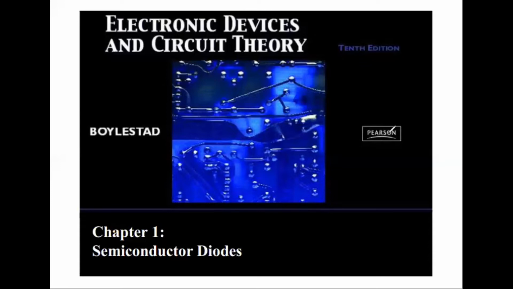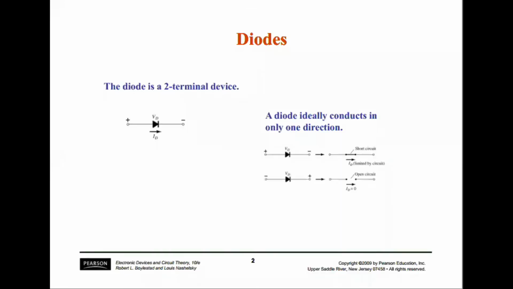Today we are going to start another very important topic of electronics, and that is the semiconductor diode. So what is basically a semiconductor diode? Semiconductor diode can be seen here in this diagram. So this diode is a two-terminal device. Basically, this is a two-terminal non-linear device which allows current in one direction, but it blocks the current from